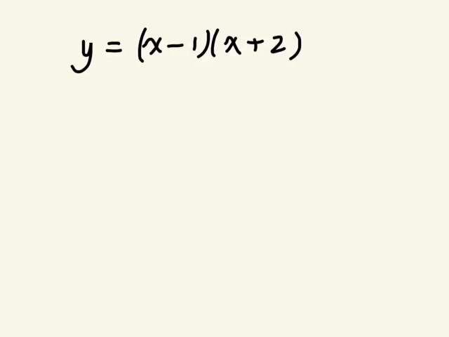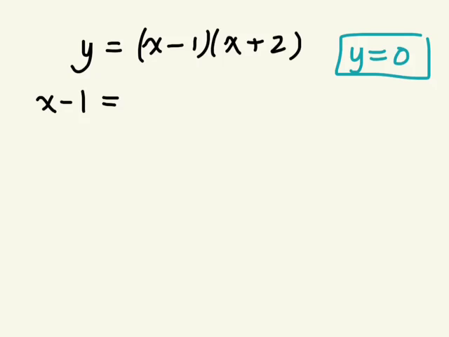Looking at the exact same example, the reason this works is because, remember we just talked about when the parabola hits the x-axis, y is 0, right? In order for it to have an x-intercept, y has to be 0. So this means that x minus 1 equals 0, and x plus 2, my two factors,